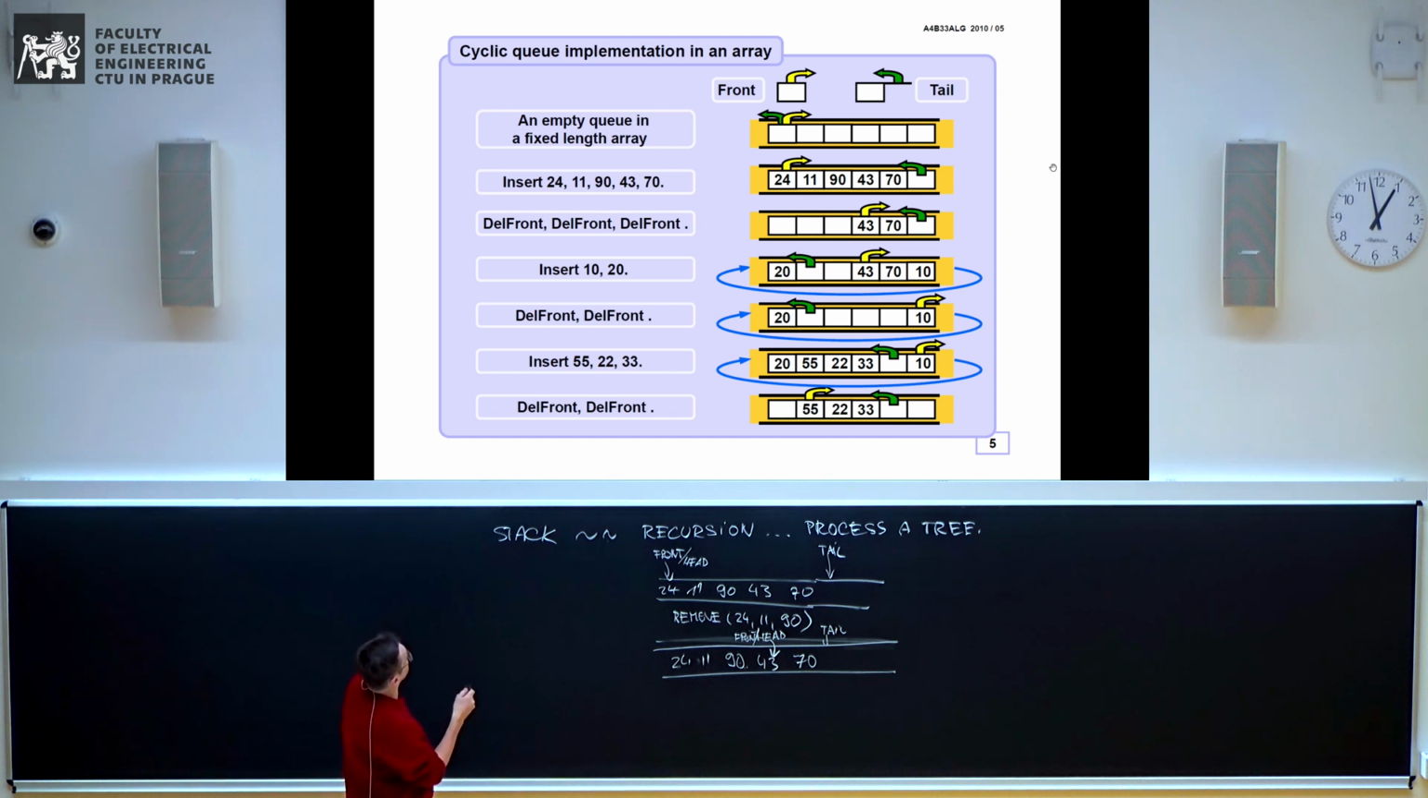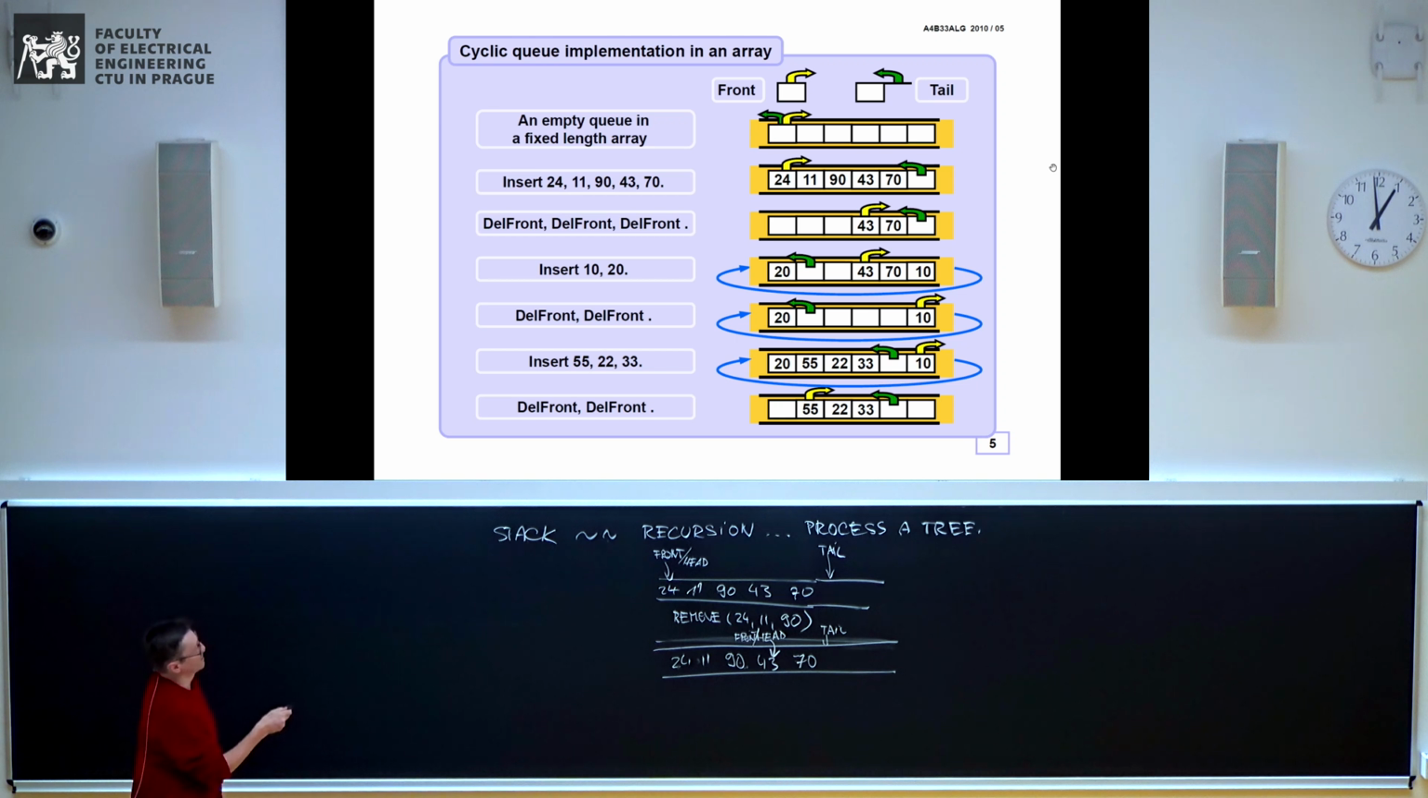So after inserting 10 and 20, we have a beginning of the queue here, and the tail is in fact in front of it, and you know that you always have to go forward and then jump to the beginning until you find the tail, if you want, for example, to list everything which is in the queue. And so on and so on. So the cyclic idea should be more or less clear now,